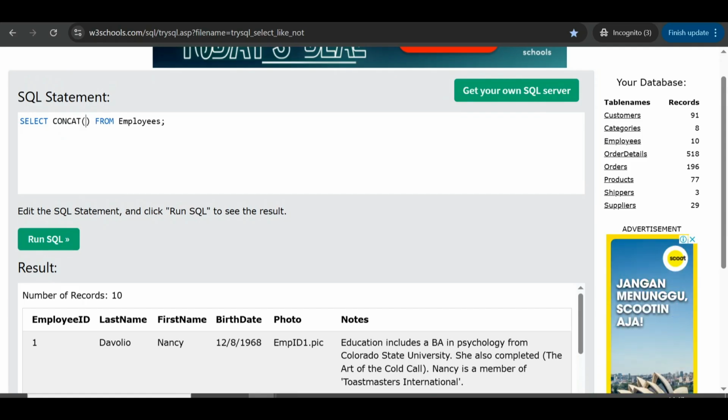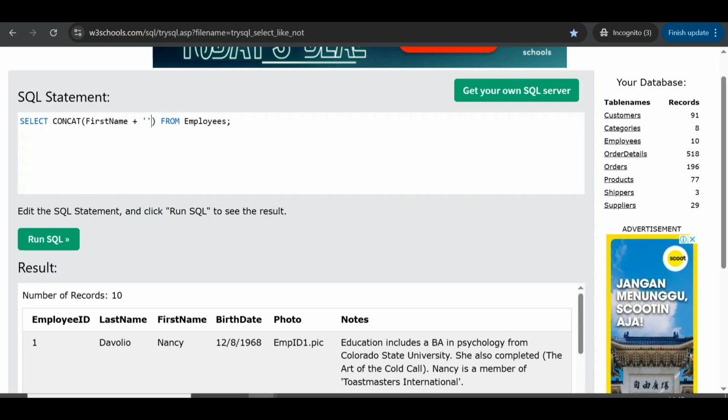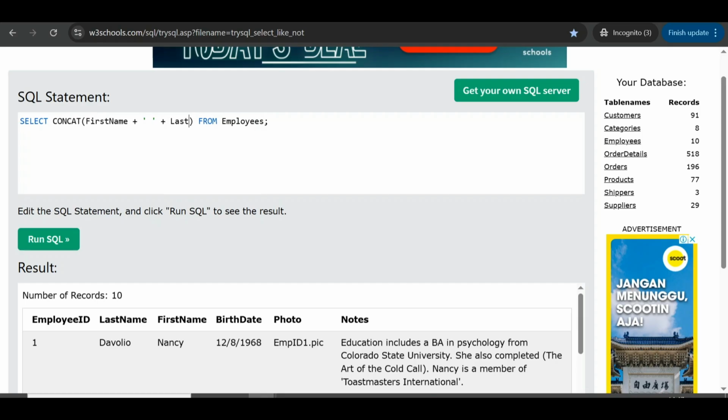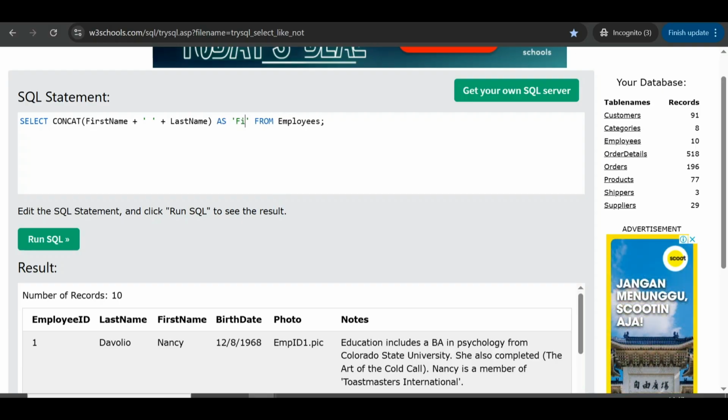CONCAT of first name column, first name, plus maybe a space character, and last name. I will use the alias full name.